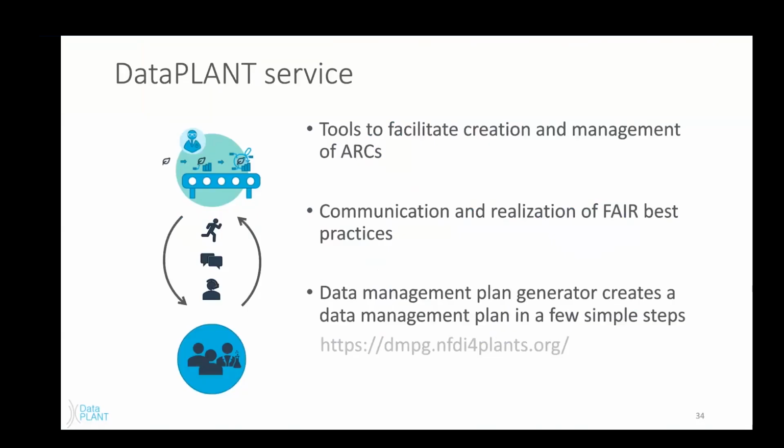In addition to these various tools, as well as the community of experts that we are currently building, we have some other additional tools. For example, we have our data management plan generator, and this can help you create a data management plan in a few steps. I think it's developed with DFG projects in mind as well.